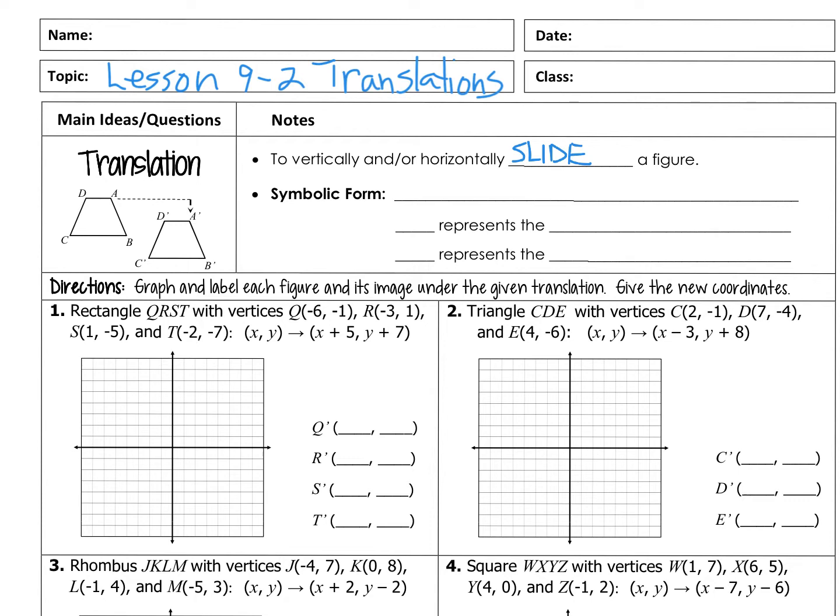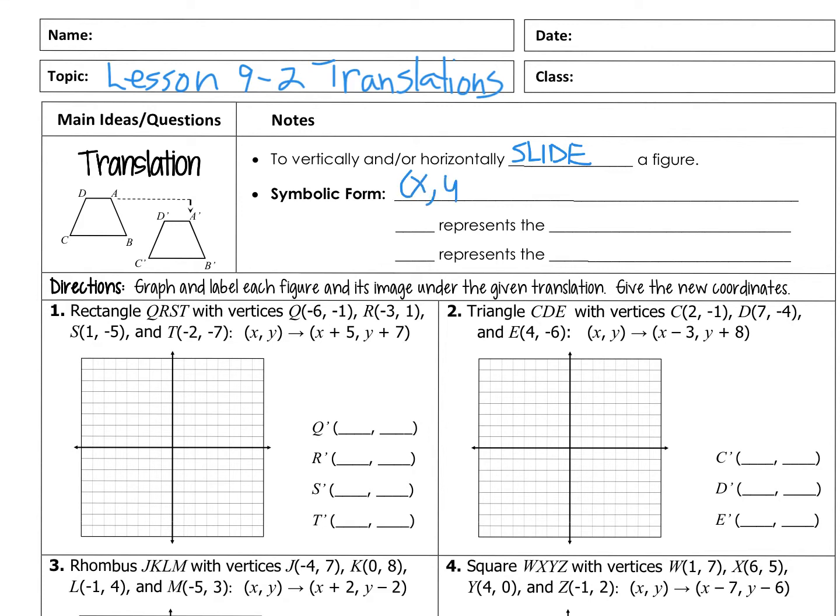It doesn't get flipped like we did yesterday with reflections. It just physically moves. So the shape doesn't change. It doesn't rotate, nothing like that. You're just basically picking it up and moving it up, down, right, left. That's it. So the symbols that we're going to use to show a translation, you're going to take every ordered